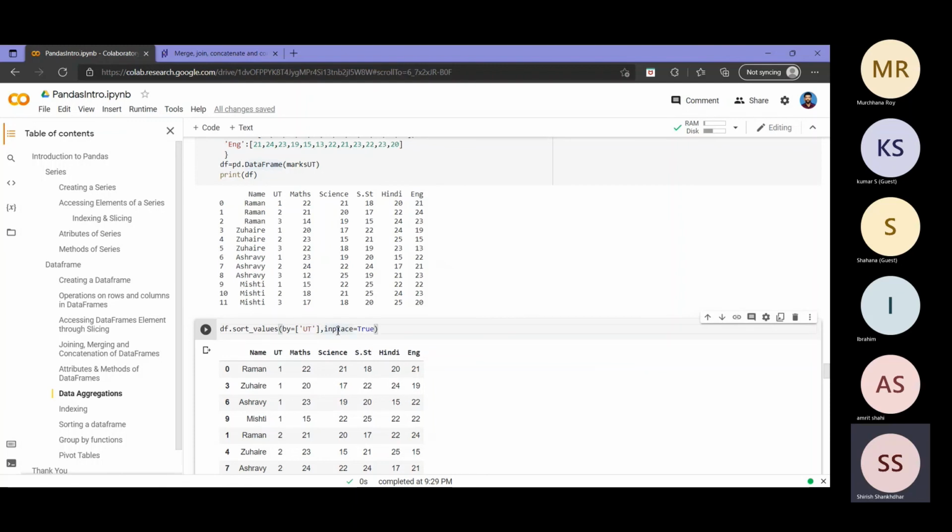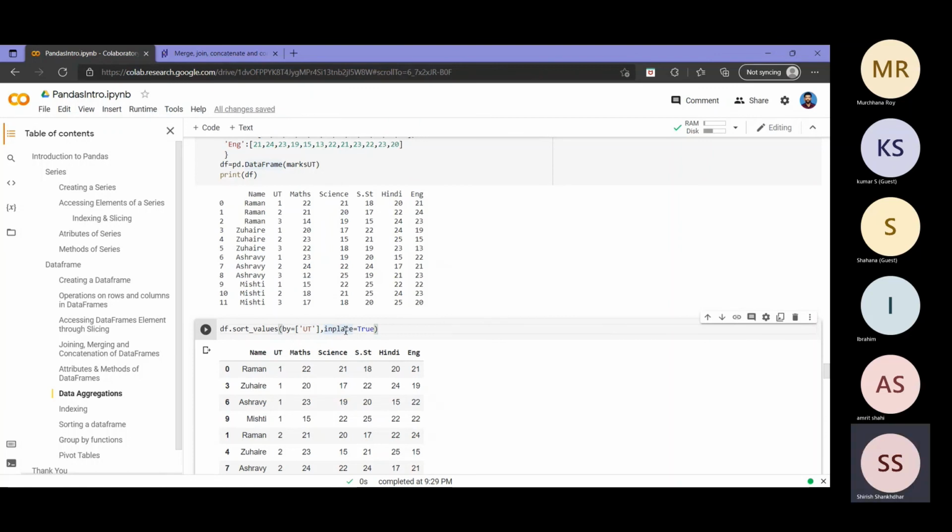What is the difference between these two? If I put df is equal to df dot sort values by equal to ut, it will actually take a copy of that data, do the particular operation, then assign it back to that df. So if my size is 100 MB, then 200 MB of space is needed for that operation.